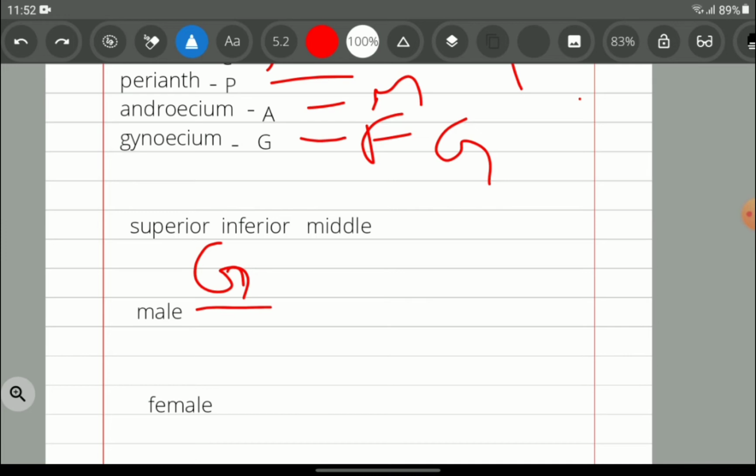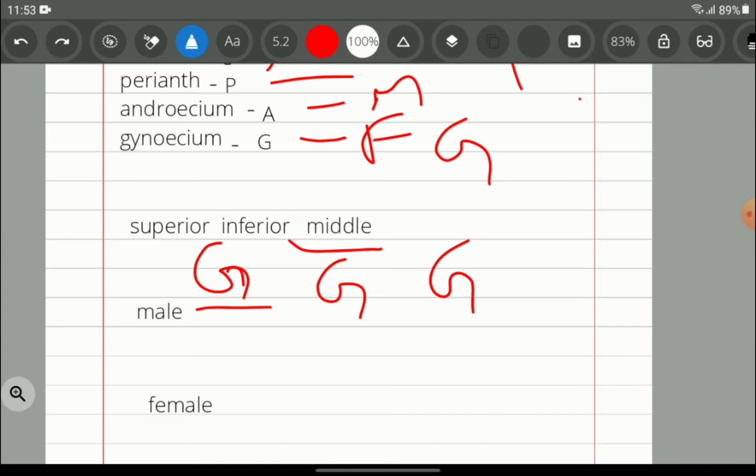Okay, you can remember this. This is not written in the NCERT, neither in any other books. It's a very common way of interpreting it. So if we take the line, it is thalamus, and the G is the ovary. So superior ovary, that means the ovary should be superior to the thalamus. Then comes the inferior. Then the G, and you have to write the line above the G. That means inferior ovary. So see, G is our ovary, so it is superior to the line. Here it is inferior to the line. If it's middle, you have to write nothing, just a G.